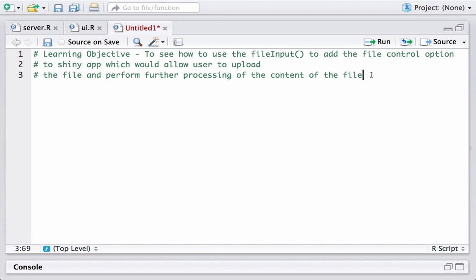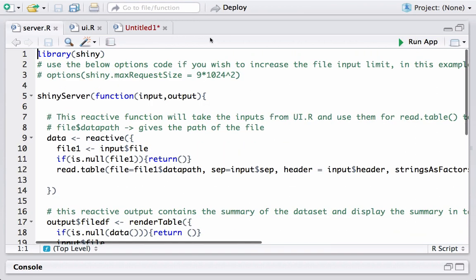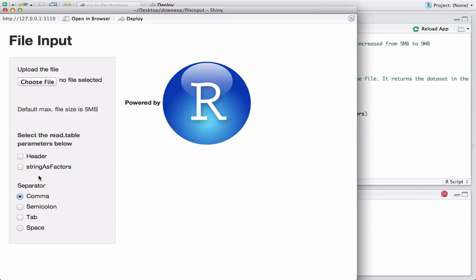So let's go ahead and run the app. I already have the server.r and ui.r here, and let me just go ahead and run the app for you so we can see what we are going to make today. Okay, here we have the app, and as the app is loaded, we see that on